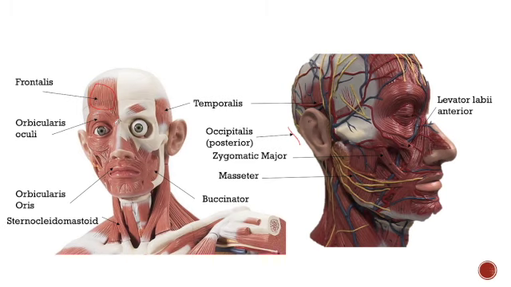Now the round muscles of the face, we have the orbicularis oculi, a round muscle that covers our eyes, and also orbicularis oris, which is a round muscle that surrounds our mouth. Now we have the zygomatic major, is this muscle that we have right here, and it starts in